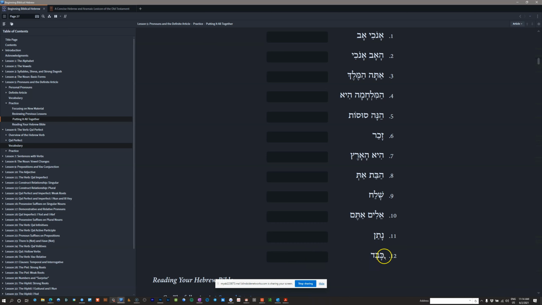These stative verbs, again, you know that kaved is stative because it doesn't have the kametz patach pattern that you're used to. It has kametz serre. And in stative verbs, this second vowel can either be patach, serre, or holam. So when you see kaved, you know that this is a stative verb. And stative verbs can often translate into English with the present tense, even when they're in the perfect conjugation. All right, that's all of our